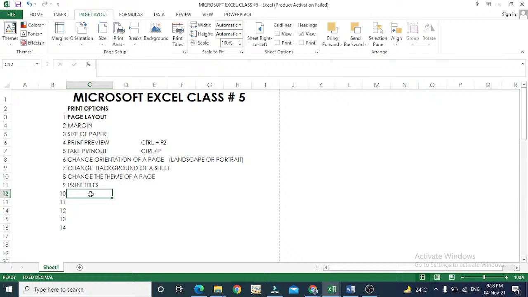So we discussed how to remove and insert grid lines,